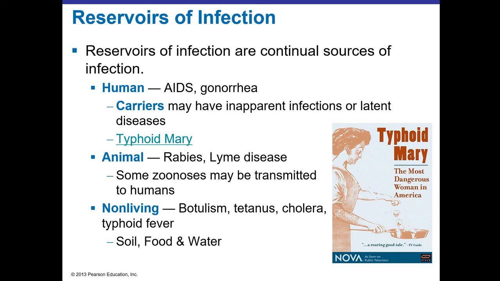The classic example was Typhoid Mary. Typhoid Mary was harboring the causative agent of typhoid fever, the Salmonella typhi, in her gallbladder. She was one of the first identified carriers in the United States of the disease, and because she was a cook to the rich and famous, she was actually spreading the disease. She infected more than 50 individuals, and 3 of those actually died.